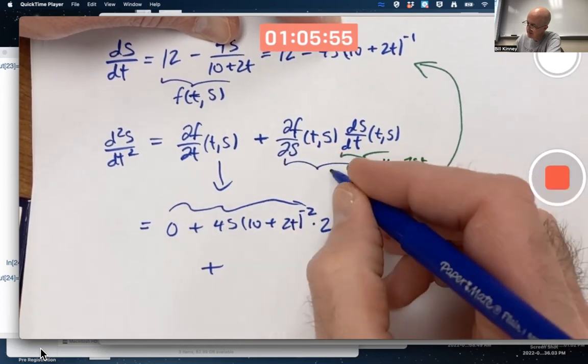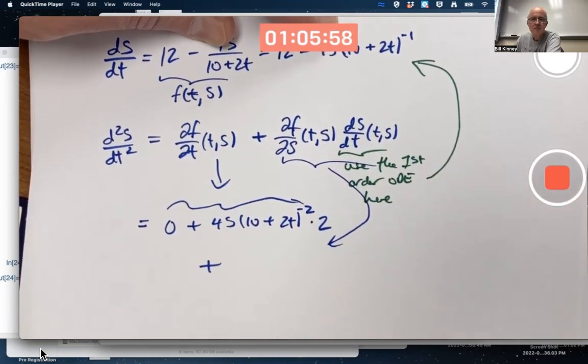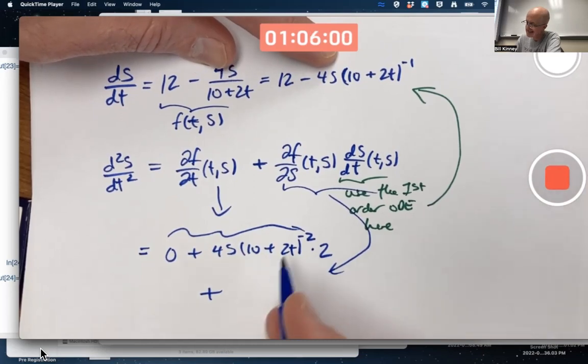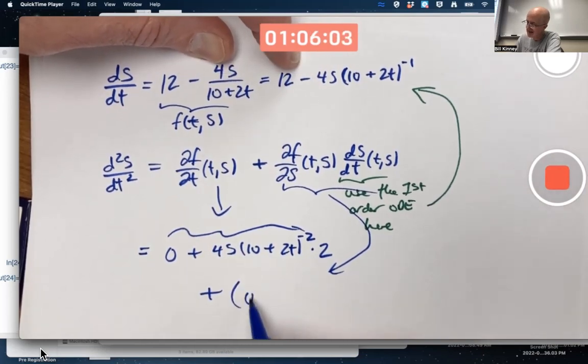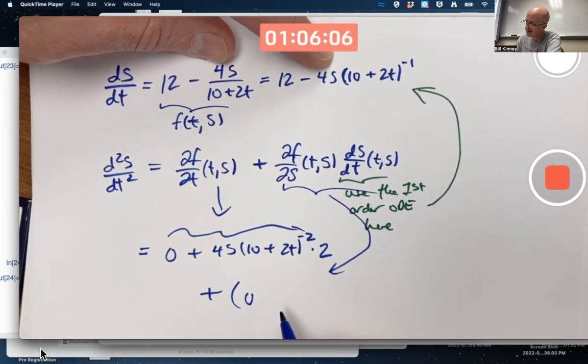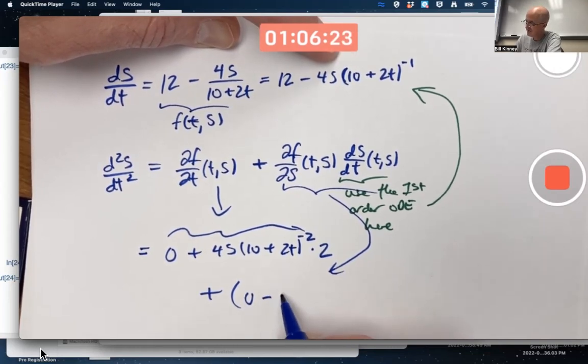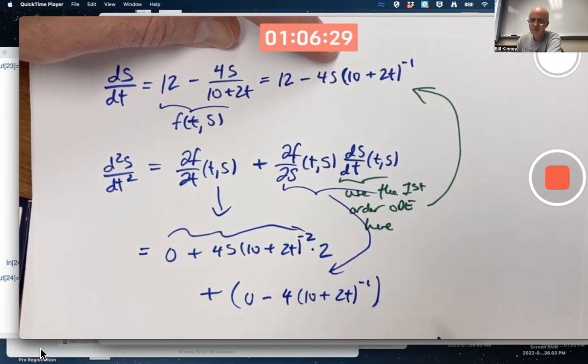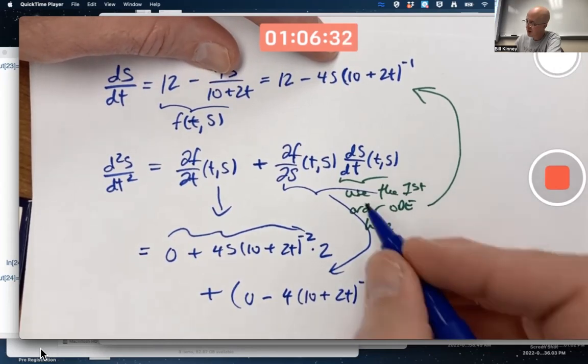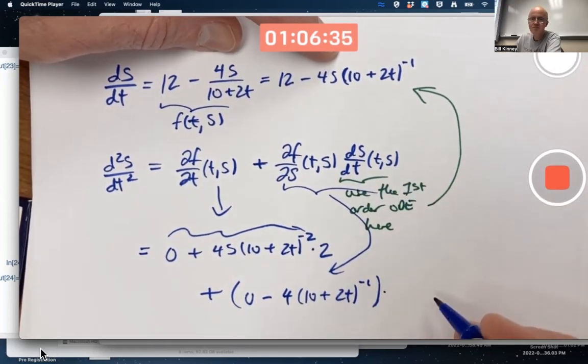Plus, what does all this become? Differentiate with respect to s. I get, once again, 0. I'm going to differentiate this with respect to s. Treat the t as a constant. This is linear in s. The derivative with respect to s is everything, including the minus sign, but the s, right? Because, you know, the derivative of 5x is 5. It's linear in s, so I get -4, don't write the s, times 10 plus 2t to the -1. Multiply that times ds/dt, where